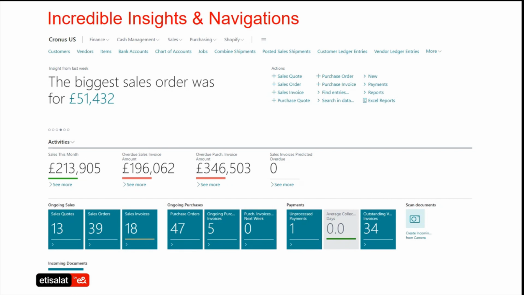Below that you could also see some of the figures which talk about your sales orders, your purchase orders, and so on and so forth. And below that you could see some of the tiles which talk about your pending sales orders, your pending invoices, purchase orders, and so on. These tiles are not just for visualization, there is drill down functionality inbuilt in them, wherein you can get into the nth level of the transaction.